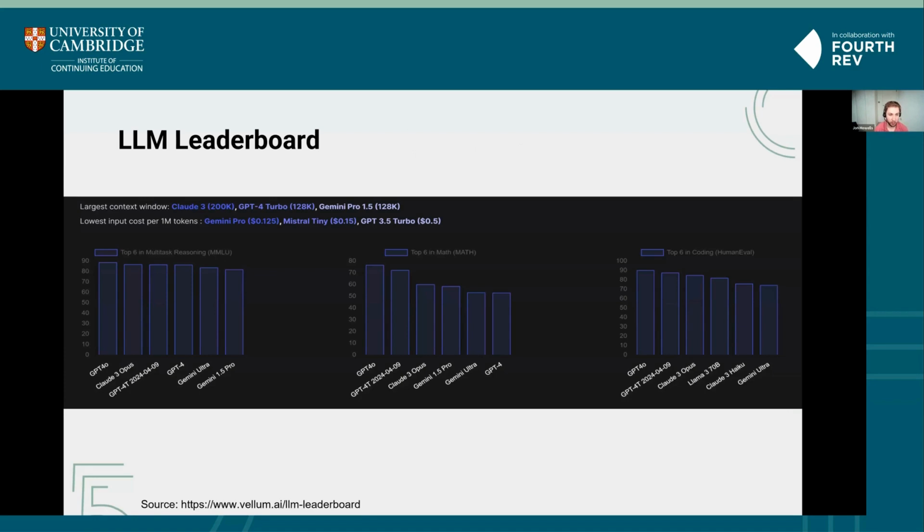MMLU is one of the more common ones, which has a range of language tasks. Also, there's a math benchmark and one for coding called HumanEval. You can see across these GPT-4o, which is OpenAI's most recent model, is ahead, but there's not a lot between them on things like MMLU.